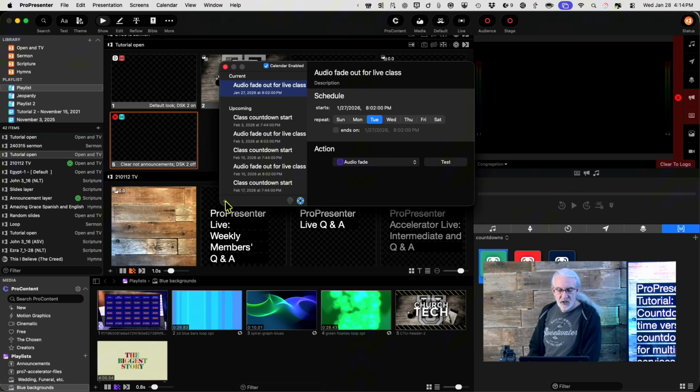and now, first off, make sure calendar is enabled. Little hint here: let's say you've got these multiple services and one of them goes a little too long, and you're looking at the clock and you're like, Pastor's going to dismiss everyone when we have 14 minutes left, and I had planned the timer to go up at 15 minutes left. Well, if that's the case, then you can temporarily disable that, and then after that, click to re-enable it, and then subsequent services will be like that,